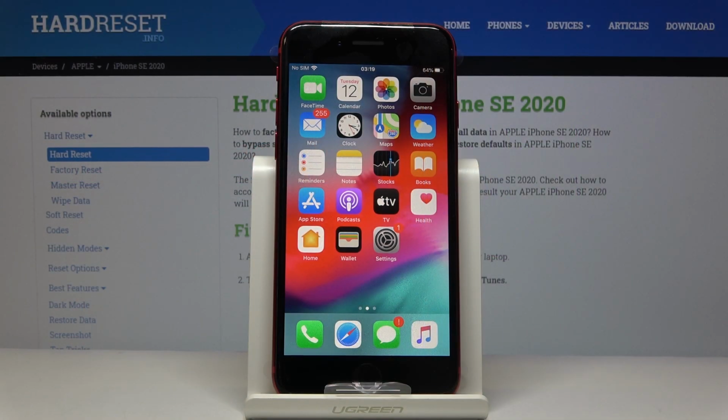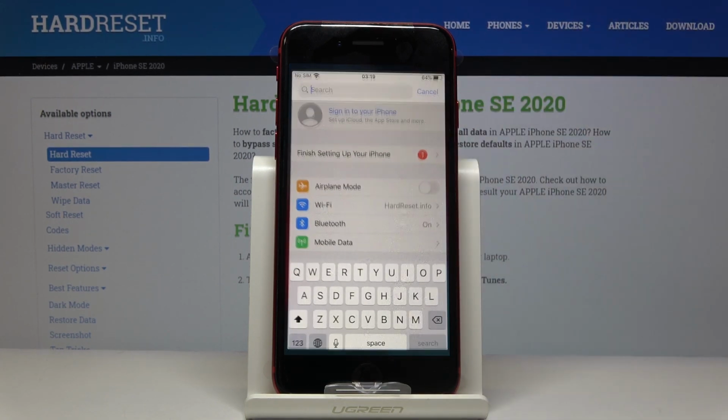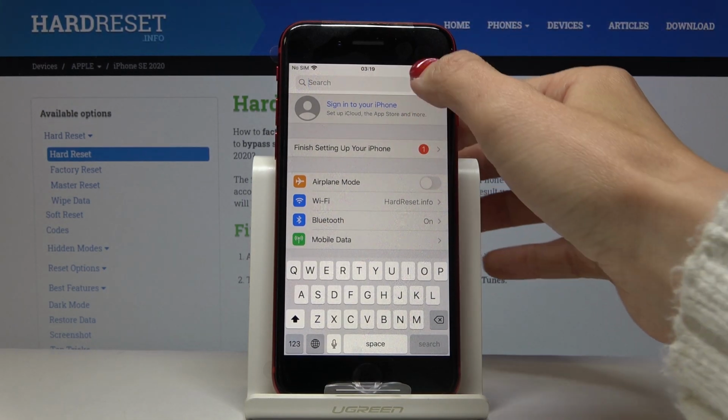Here I've got Apple iPhone SE from 2020, and let me show you how to change ringtone on the following device. So at first let's open the settings, then find and select